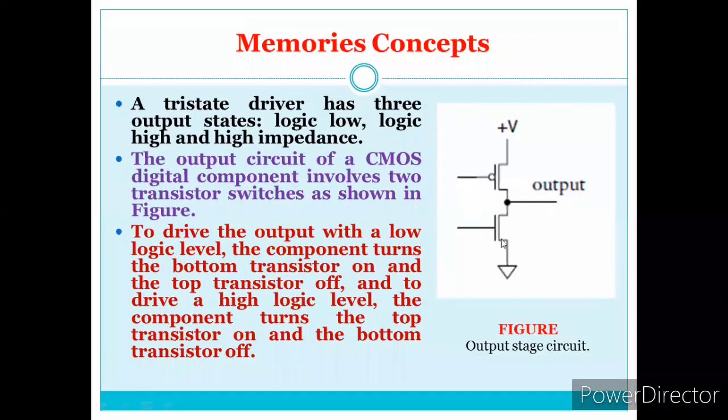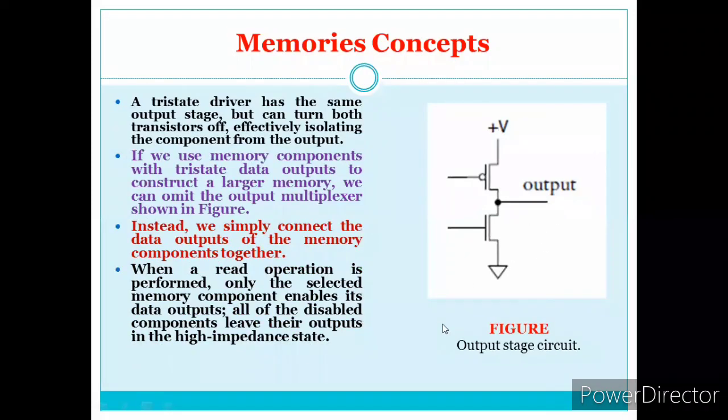How? Because the NMOS turns off and the PMOS turns on. So whatever current is there from the voltage, it goes out, so the output becomes high. If the input is high, what happens? The NMOS is turned on. Whatever we have stored in the output comes down and sinks to the ground, so the output becomes low. This we have already seen.